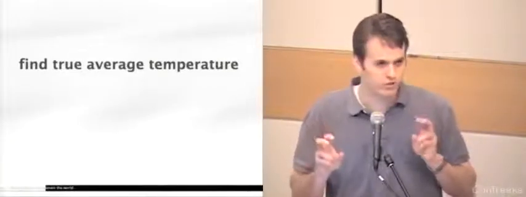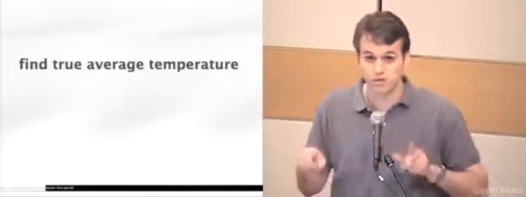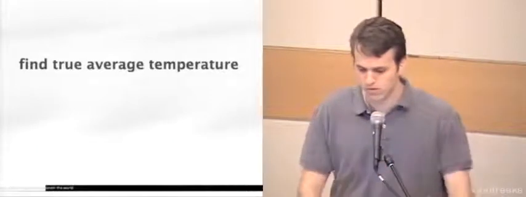Okay? So coming back to finding the temperature for the human body, in order to find the true average temperature, so now we're talking average, there's not a single temperature, it's a distribution. To find that true distribution or the true average, we would actually have to measure everyone in the world. That's what we call the population. If we were looking for the average for everyone in this room, we would have to test everyone in the room and get their measurement. If we're looking at the world, then this is something that's not even possible.